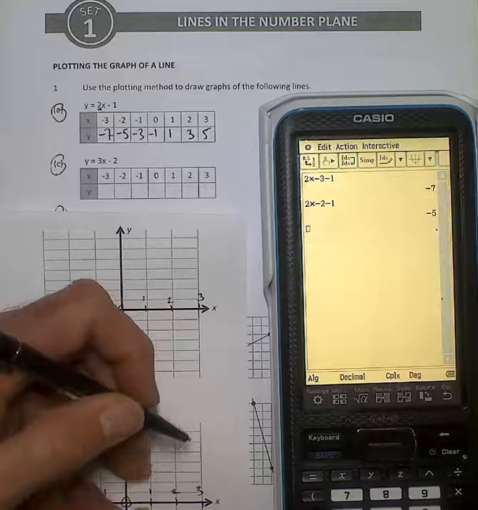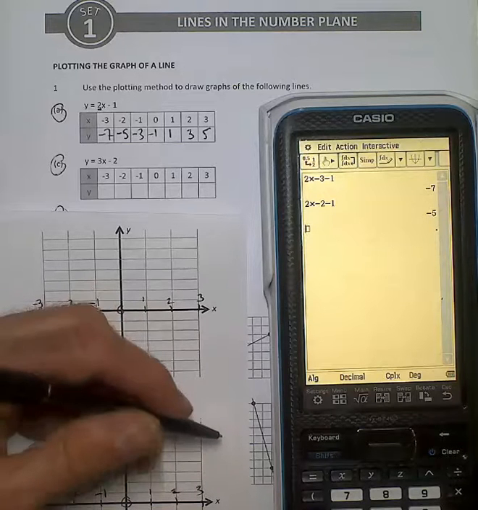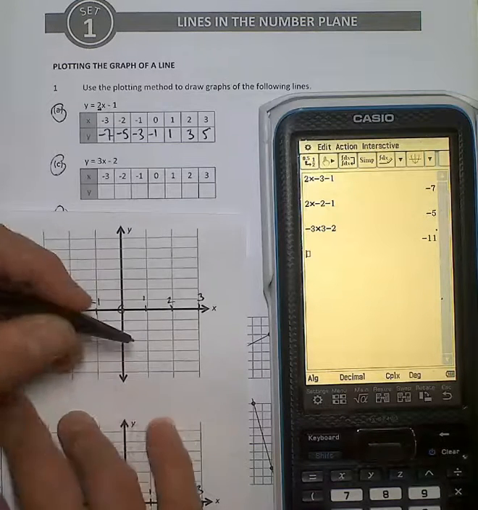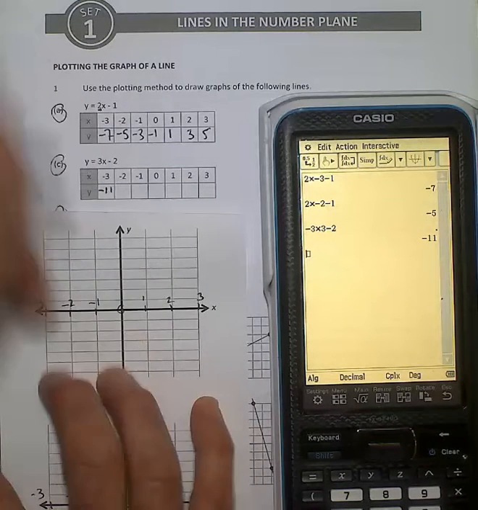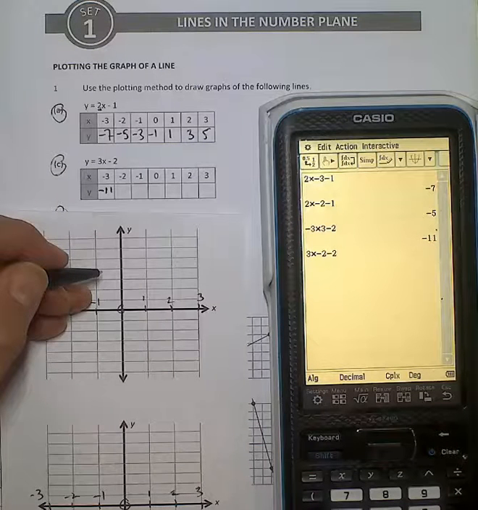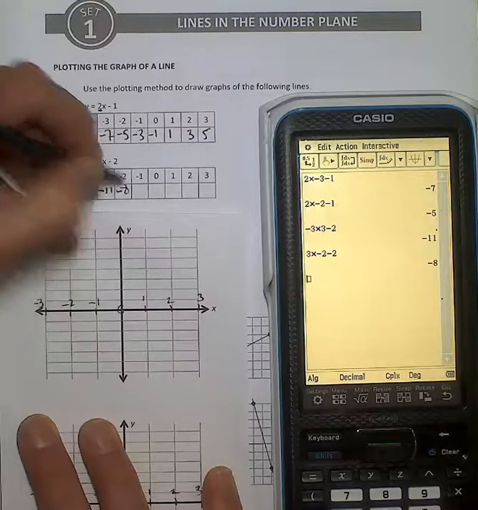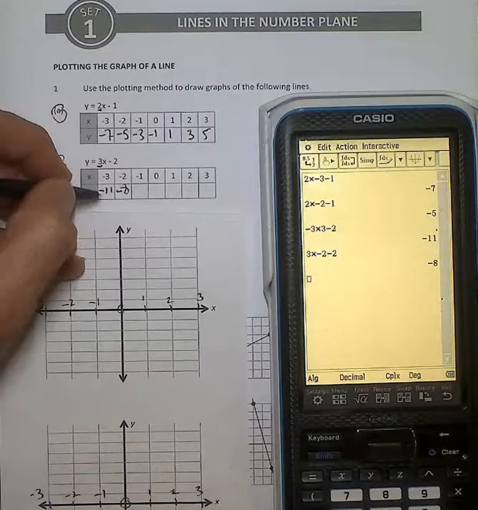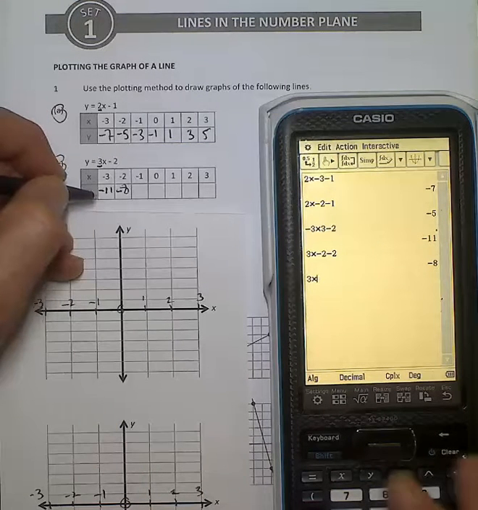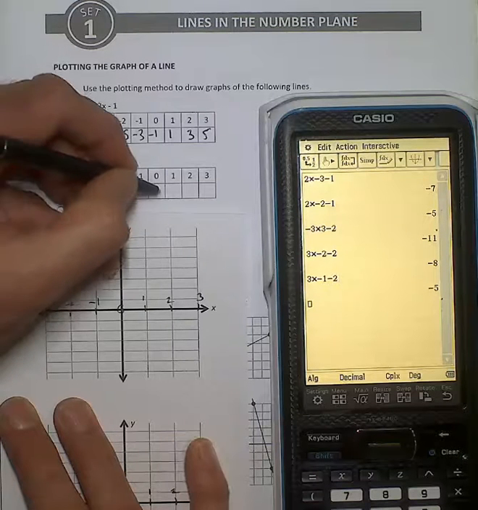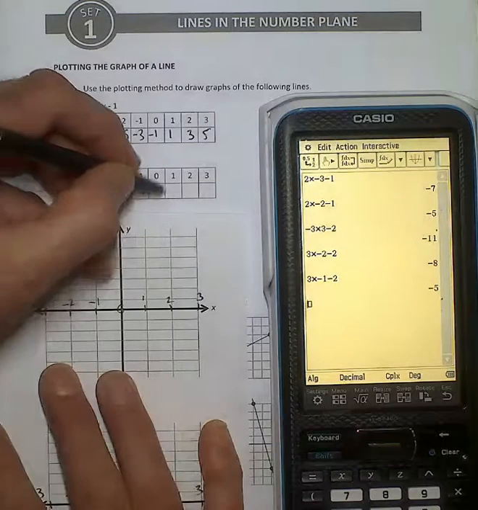In a similar way, when we look at C, just punch some of those numbers in. So -3 times 3, take 2, and that will give me -11. And -2 times 3, take 2, will give me -8. Now you'll see I'm just going to be moving up in a sequence of 3. -5, and if I continue that process through,